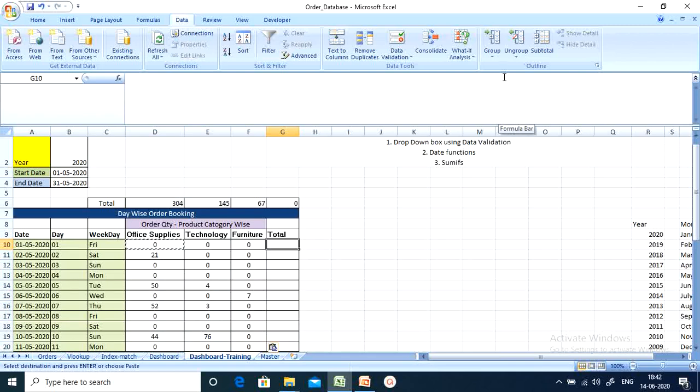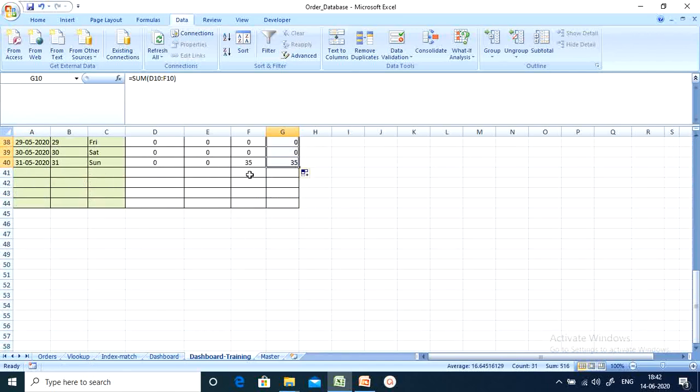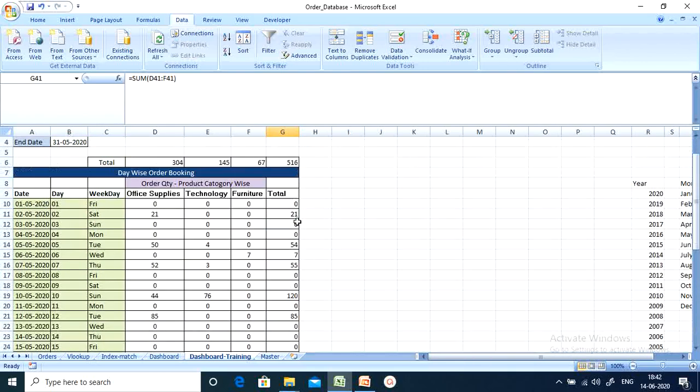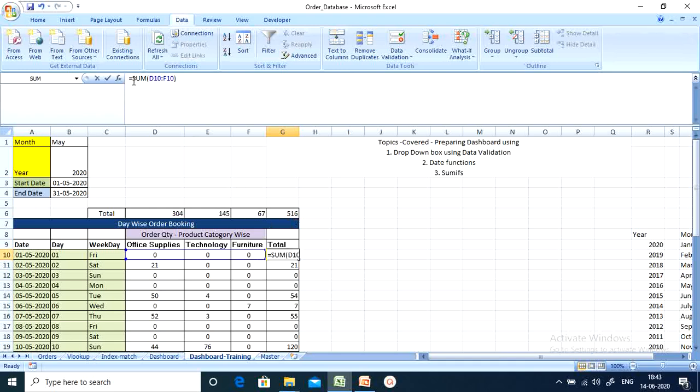and I also want to sum this data. Here also I don't want to display zeros, so I am applying a formula here again.